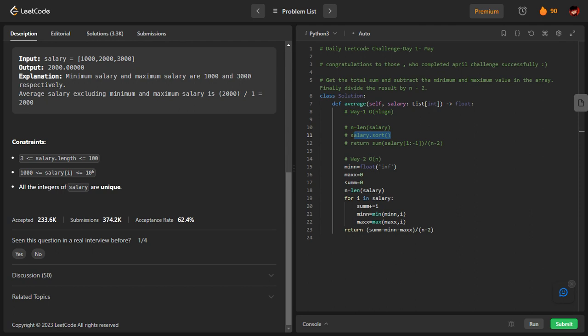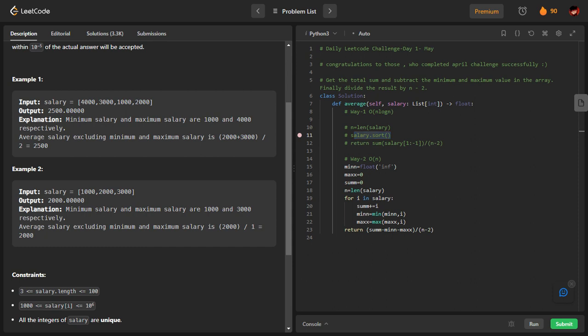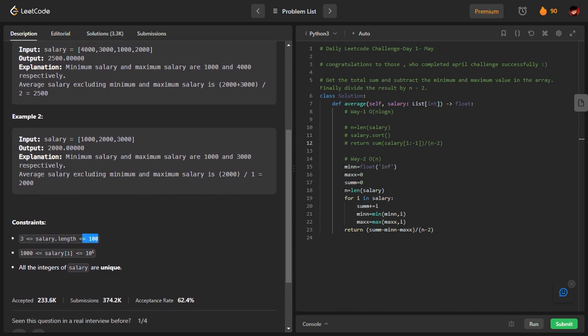And even for the sum, you have to iterate over O of n only, right? You just need to iterate over the array once to gather the sum. That is the basic idea here. But if we are using sorting, we just need min and max. We do not need to order the other values. For example, I need the min and the max, say 100 and 4,000. I do not need to arrange the values in between in ascending order. If you sort, that will also happen, but it is not necessary in this case. So it's a slight wastage of computing power. But anyways, because these inputs are small, you can leverage that as well.